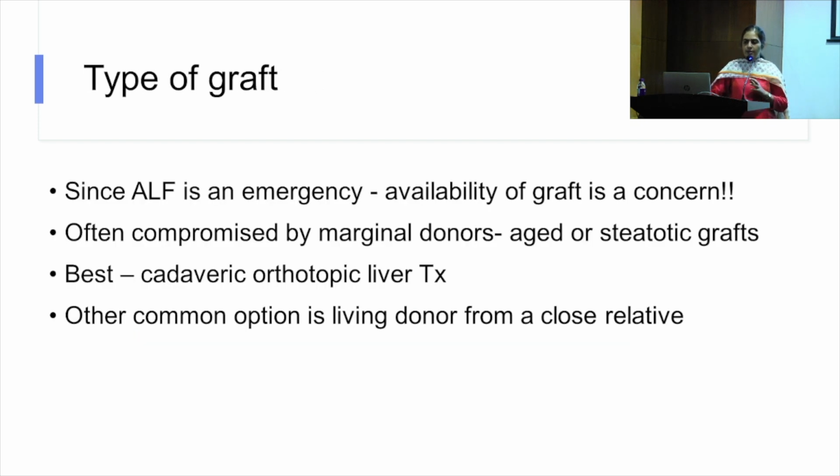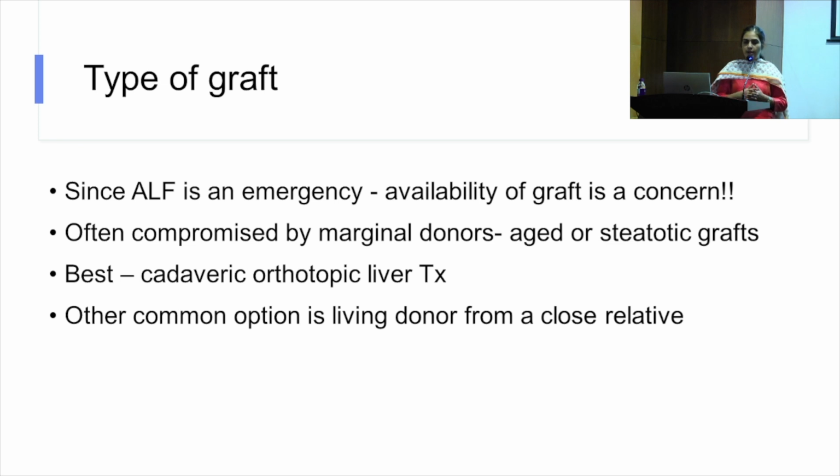There are some concerns of the type of graft. Since ALF is an emergency, many a time the availability of a donor is a concern. So often we take in marginal donors, meaning an aged donor, or one with fatty infiltration of the donor liver, but still we use it because it's a bridge until the patient's liver